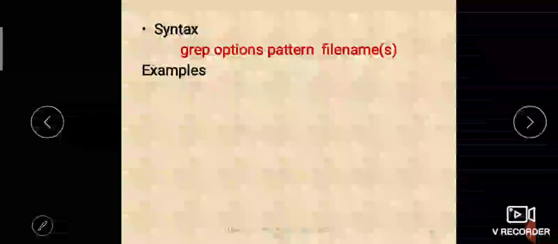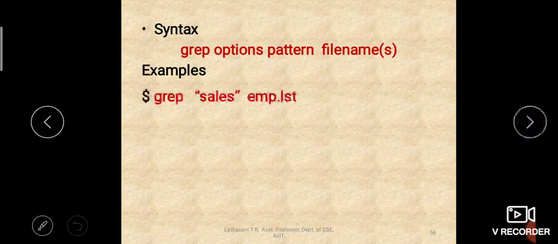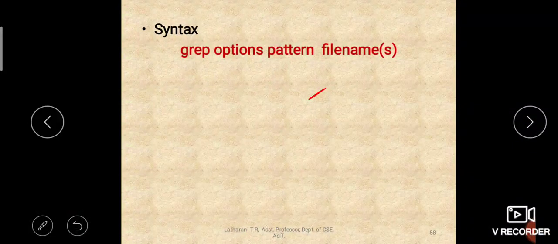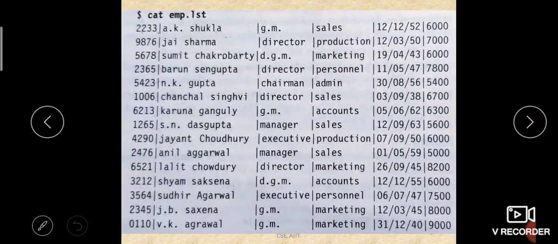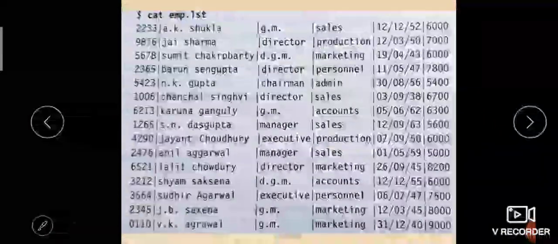So let's see some examples. See here, this is how you will give it in the command prompt: grep sales emp.list. In the emp.list, it will search for a pattern, a word called sales. So wherever that sales appears, all those lines will be displayed. If you take this example, where the sales word is coming, that belongs to the department, right?